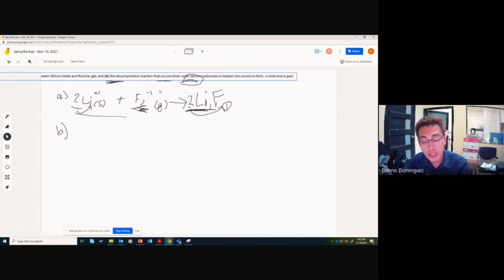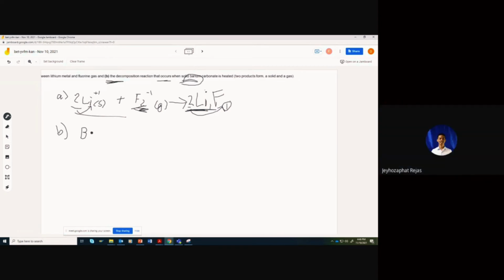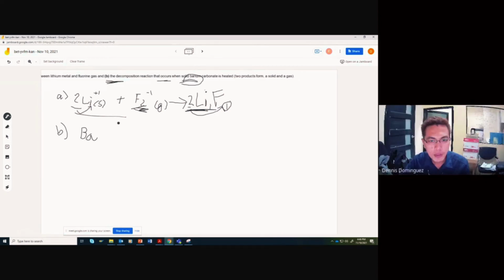Two products form, a solid and a gas. So take the hint on what will be formed. First is the barium carbonate. Barium is the component of barium, an element. Chemical symbol: Ba. Br is for bromine. So barium is correct, and bromine, if it undergoes a process or reaction, becomes a bromide. So the carbonate is